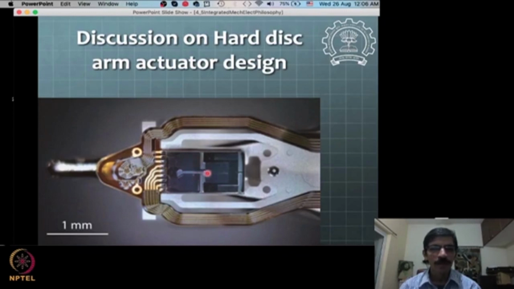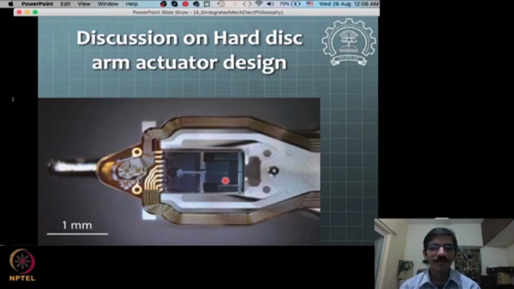This head is actually the reading head; there are some magnetic sensors which are used to read the data on the surface of the disk. This is like a magnified form of it. So at this 1 mm scale, you can see a very small, tiny mechanism, and there is this flexure mechanism, a compliant mechanism, which is pressing the sensor, not the disk, the sensor on the surface of the disk.